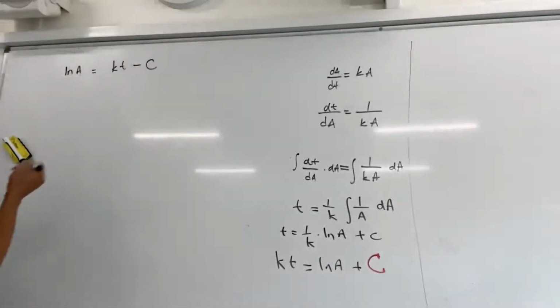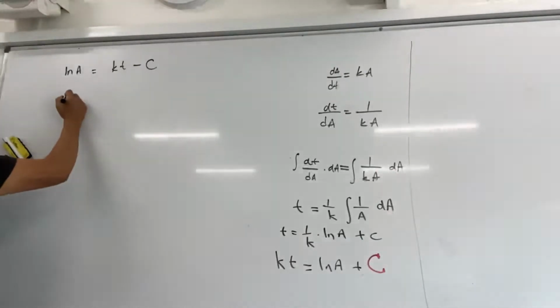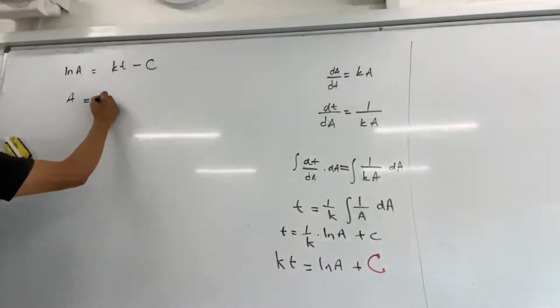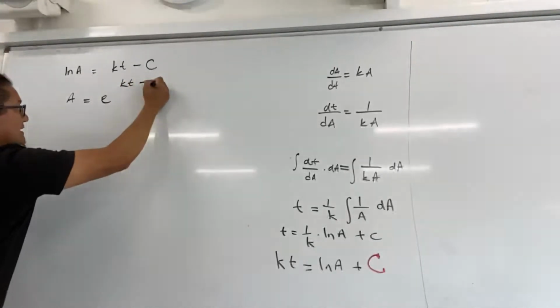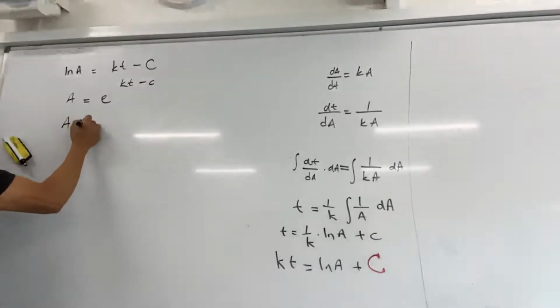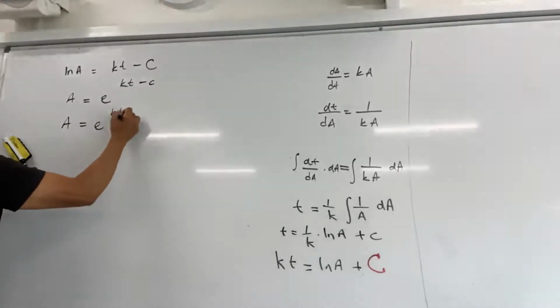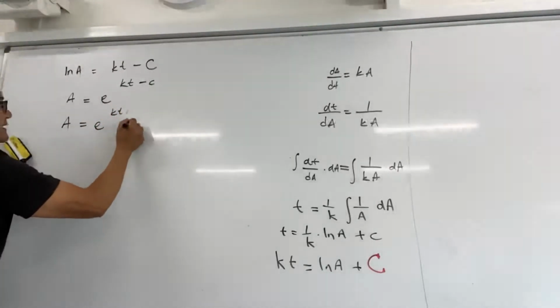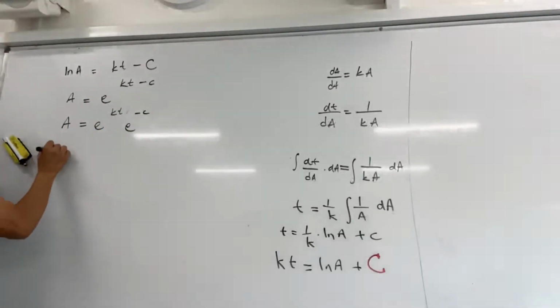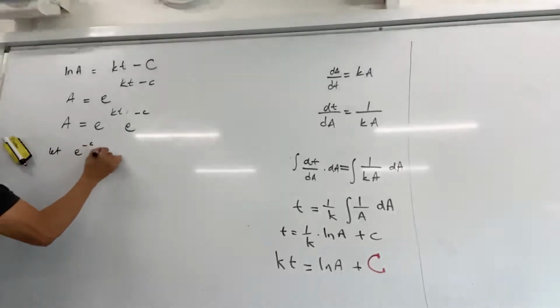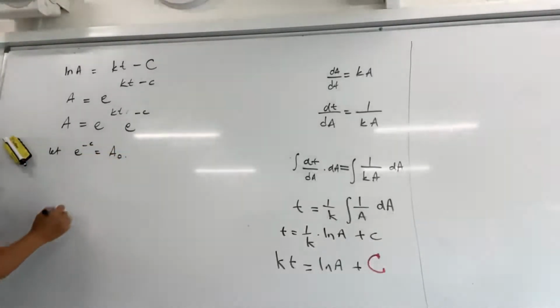That would mean that A is going to be equal to E to the KT minus C. A would be equal to E to the KT times E to the minus C. This is just a constant. If I let E to the minus C equal A0,